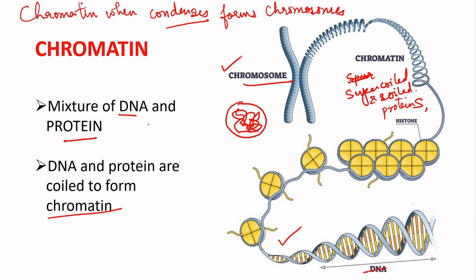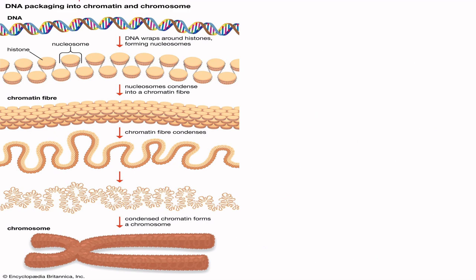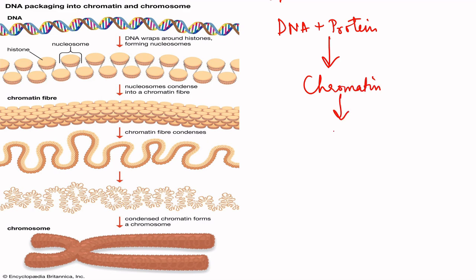Now these chromosomes are very important and they take part in cell division. That's why I am telling you this. Always remember, chromatin condenses to form chromosome, and chromosome is very important for cell division. So let us review it once again. Always remember, DNA plus protein makes the chromatin, and chromatin condenses